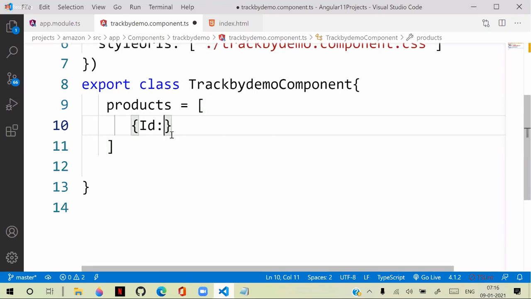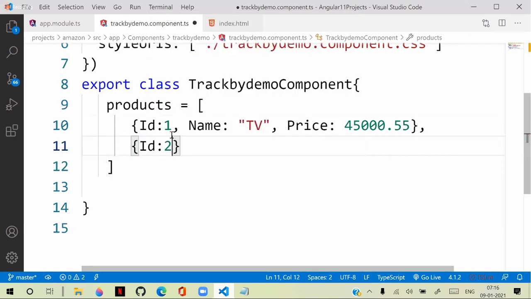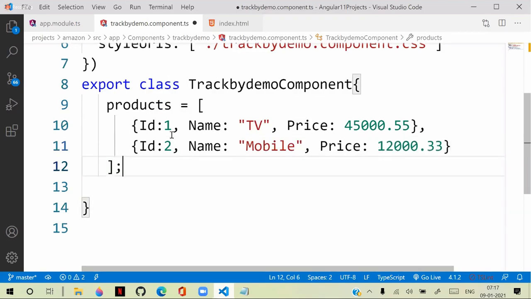One is ID and the name and some price. Okay, later we will bring this from services, APIs and all, we can handle them. Next, name, some mobile like this, so price. Okay, so initially this is the data we are having,